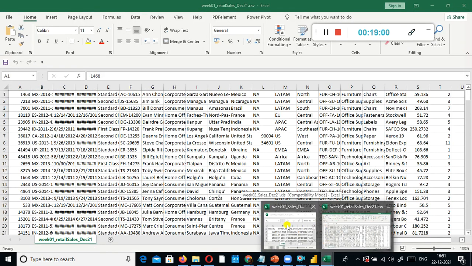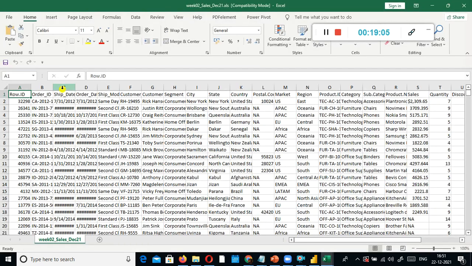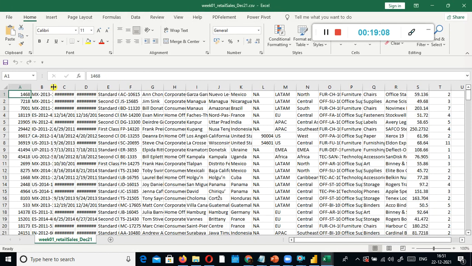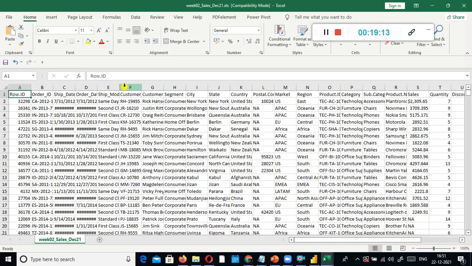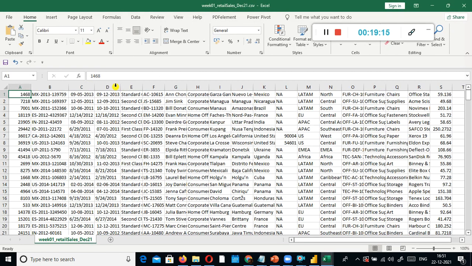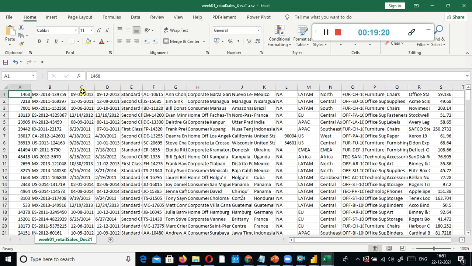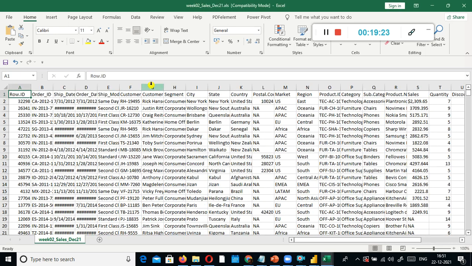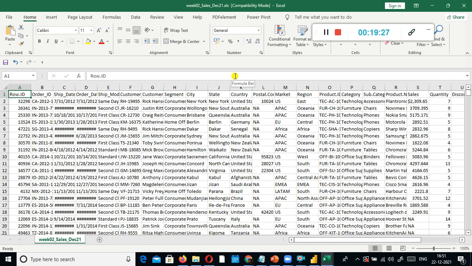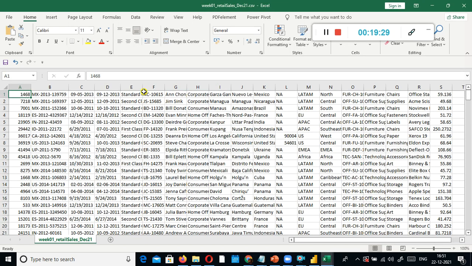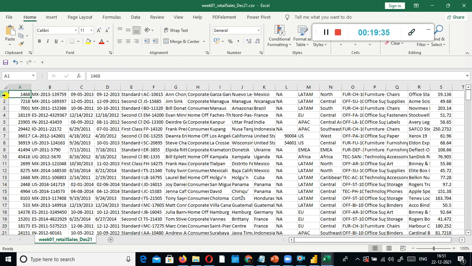This is my week 02. Ship date, order date, order date and ship date, it is in the proper order only. But here the customer, ship mode and customer, okay, it's all the same. The only thing is the column names are missing here.